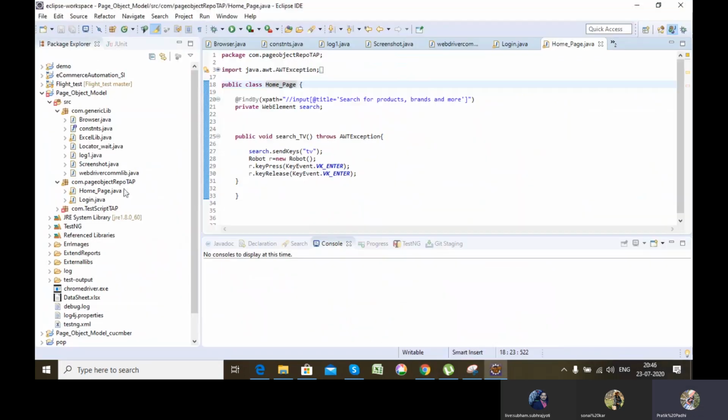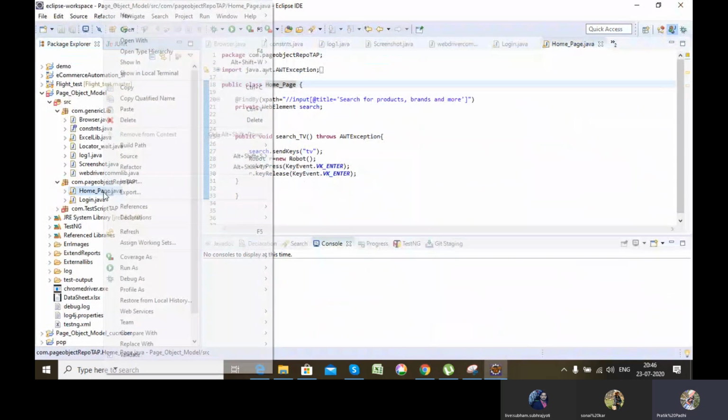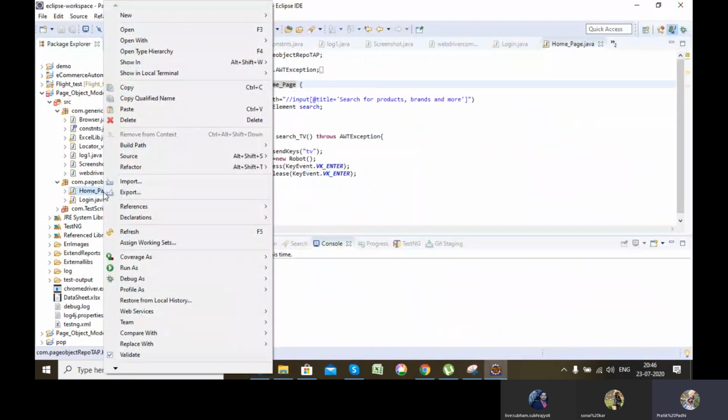So let me create another page again. For each page you will be creating a separate Java class, and in that Java class you will be holding all the locators and all the functions that can be done in that particular page.